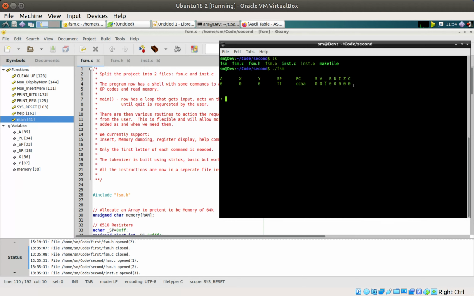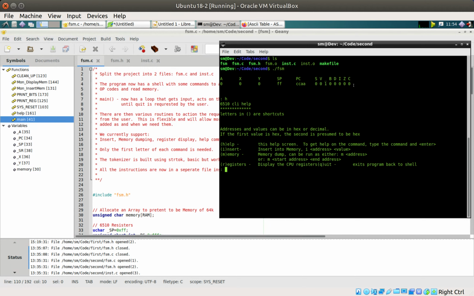So, what does this thing do? Well, I created a help command for me because it's easy to forget what you're up to. Every time I add a command into the CLI, I add it into the help so that I can easily remember where I'm up to and what it does. At the moment I can insert hexadecimal values into memory, I can display memory, and I can display the